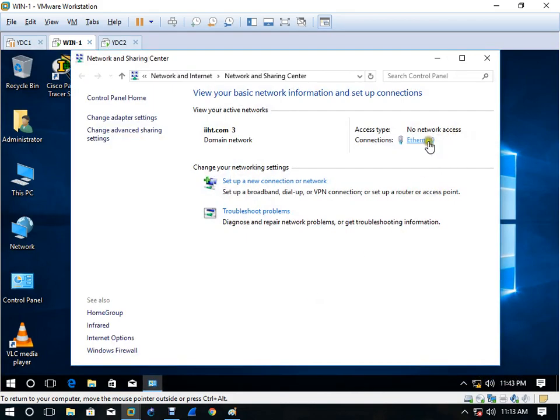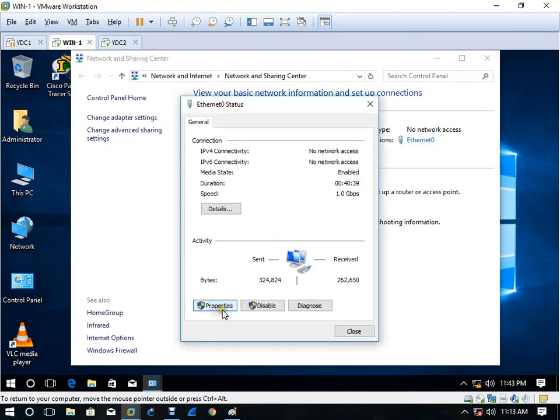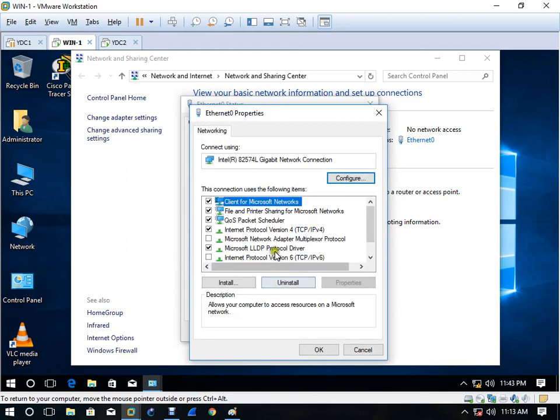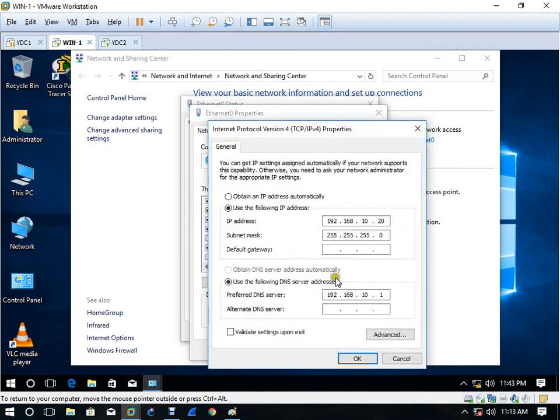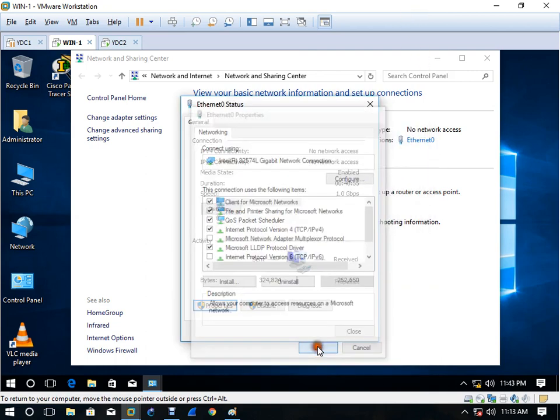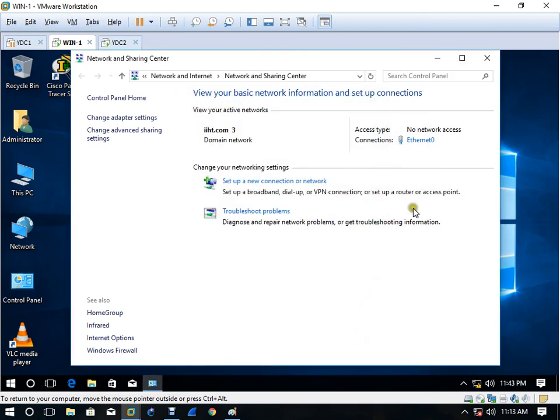Now one question will come in your mind: do I need to go to all machines and add this DNS address on all my client machines? What is the option?